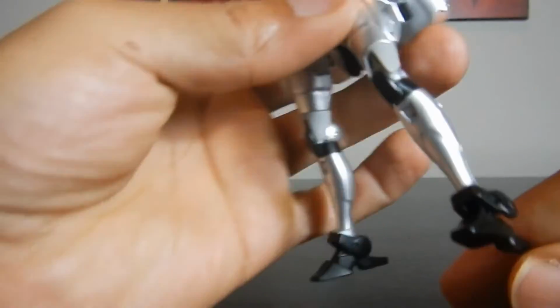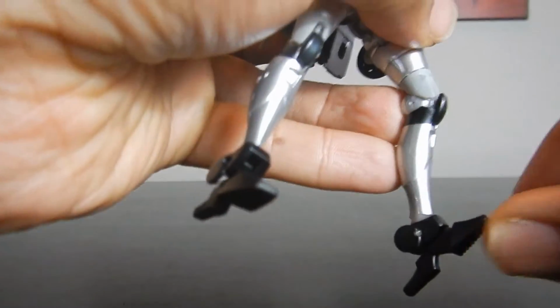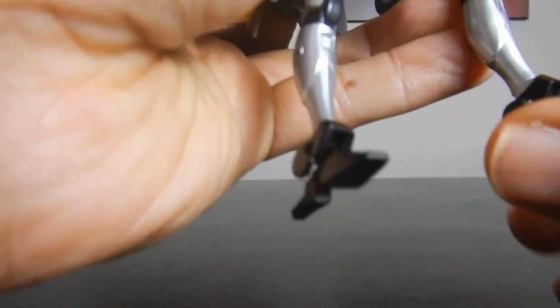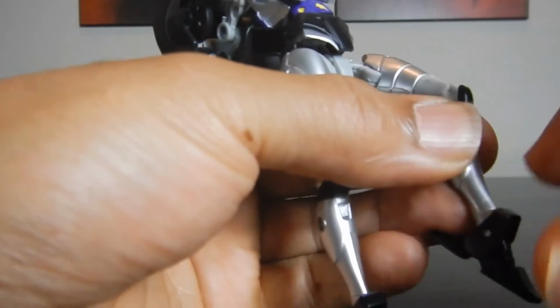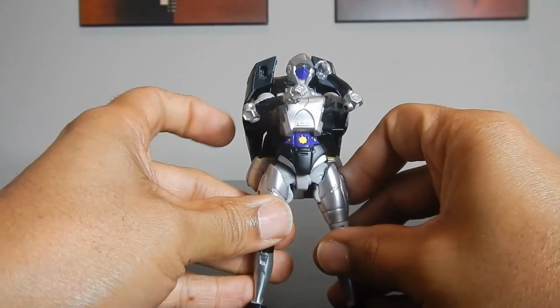I like that. You don't get a rocker for the ankle, but you do get a tilt. So you get tilt up to there. And for transformation purposes, you get all the way back to there. No swivel either on the ankle. But I mean, for a small Takara Tomy Hasbro figure, you get plenty of range of motion, and she's a